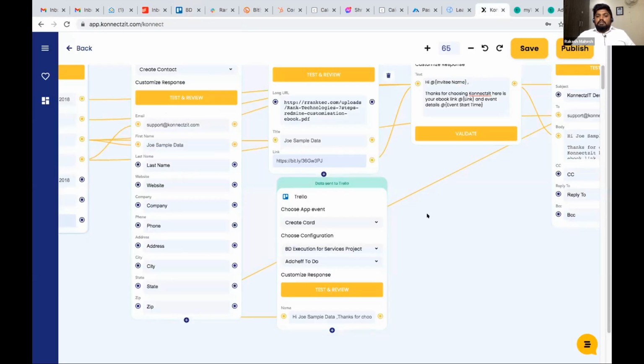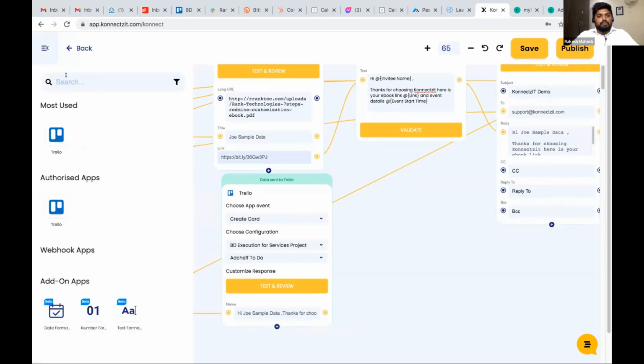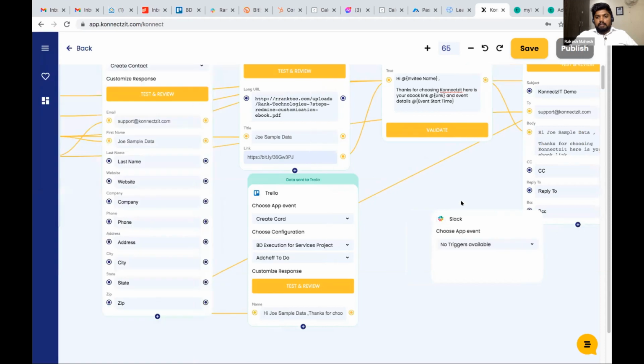Once you're done, you can use more apps. There are multiple apps you can use. I can use Slack to notify my team member. I can drag and drop Slack, and I use Slack as sending a channel message.